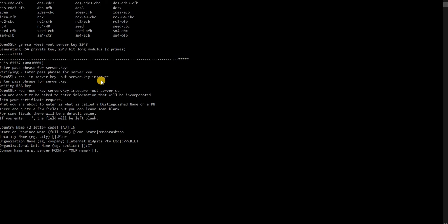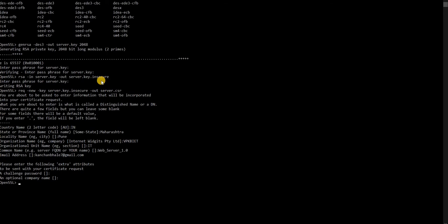You have to mention the name of the server, then the email address. The remaining are the extra attributes. You can just omit these by pressing enter. Now your CSR is ready. The certificate signing request is ready.